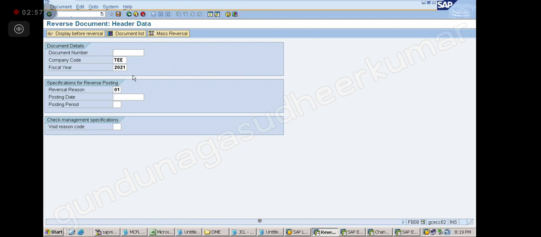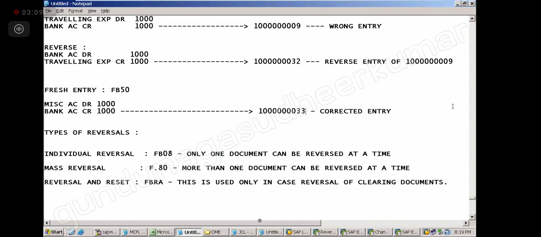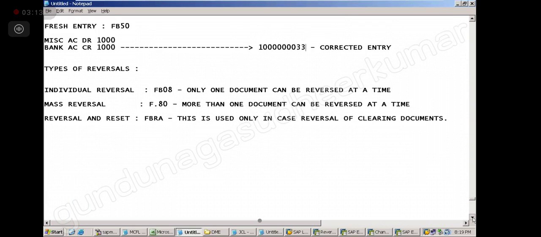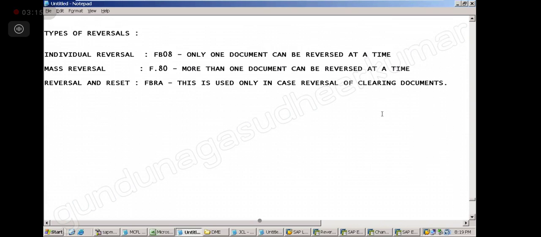Now that is the reverse document you have seen. Now mass reversal. Mass reversal means more than one document you can reverse. Sometimes when we are posting entries, we make mistakes.